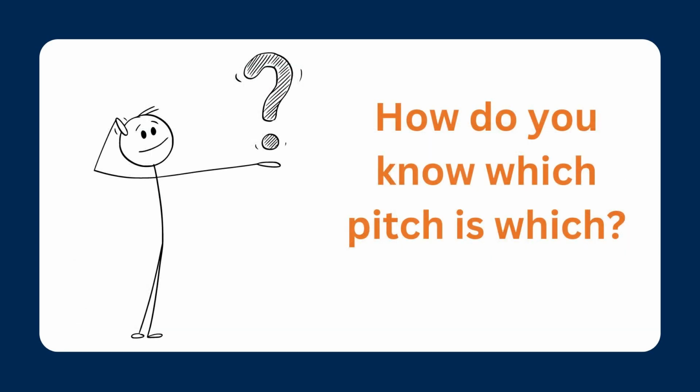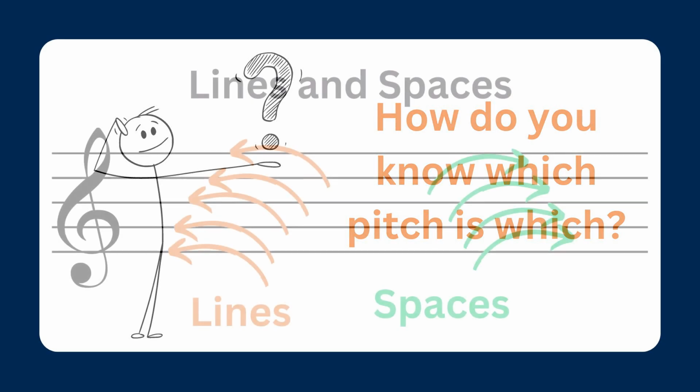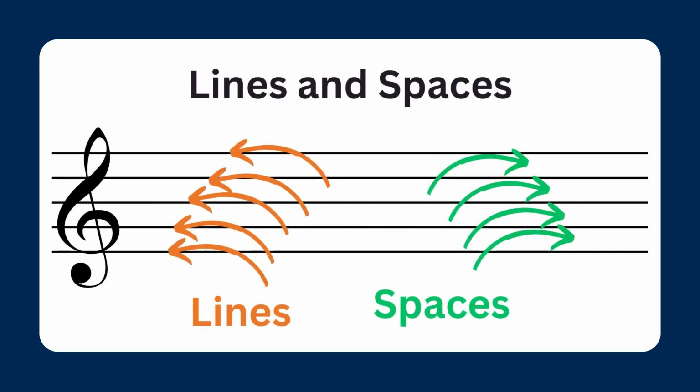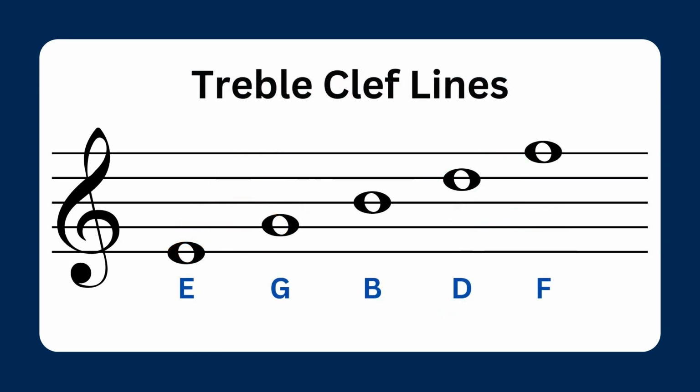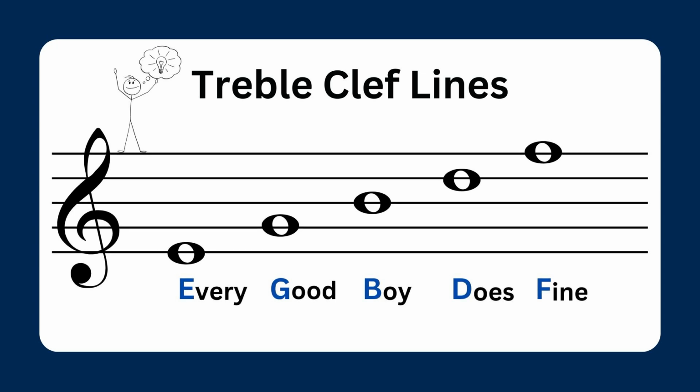There are several ways to determine the identity of musical pitches in the treble clef. One way is to memorize the lines and spaces. The lines are E, G, B, D, F. Many beginner musicians memorize this by making a mnemonic, such as "Every good boy does fine," or some other creative